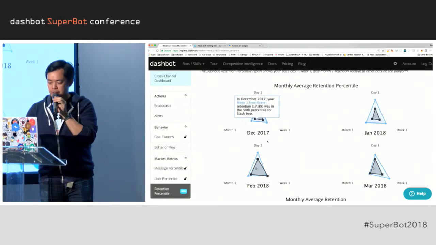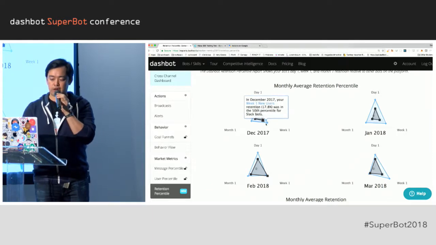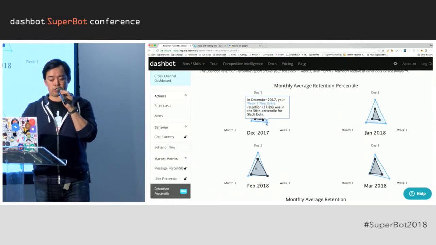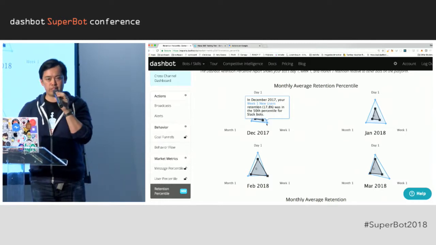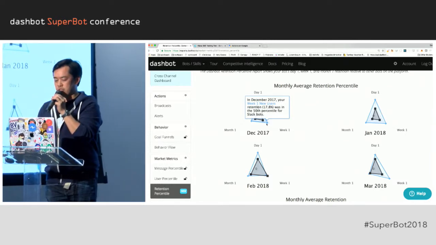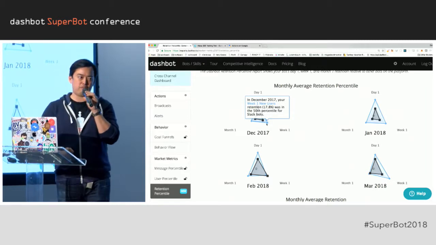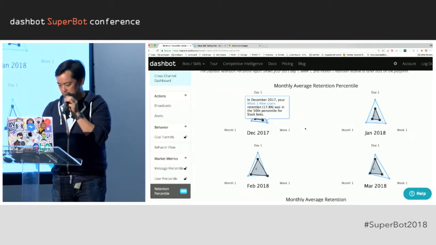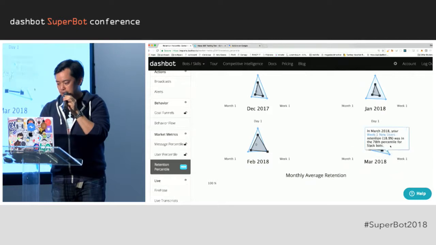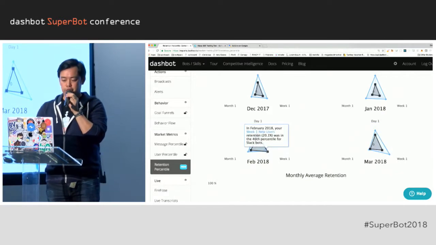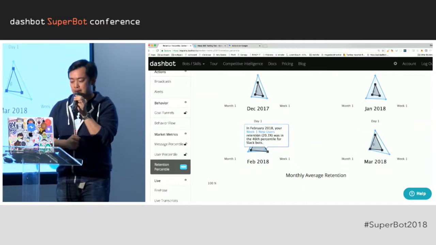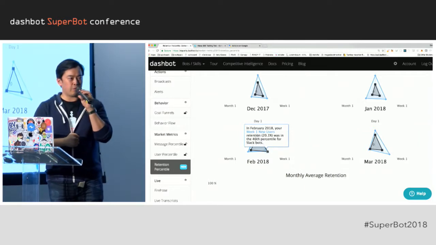So in one graph here, you're able to see for December, this blue line is representing our new user retention for GameMonk, which is 17.8% week one retention. In the ecosystem for Slack, we find this to be directly in the 50th percentile. As you can see here, in February, it looks like we actually improved our new user retention to 20%, but looks like everyone else did too.